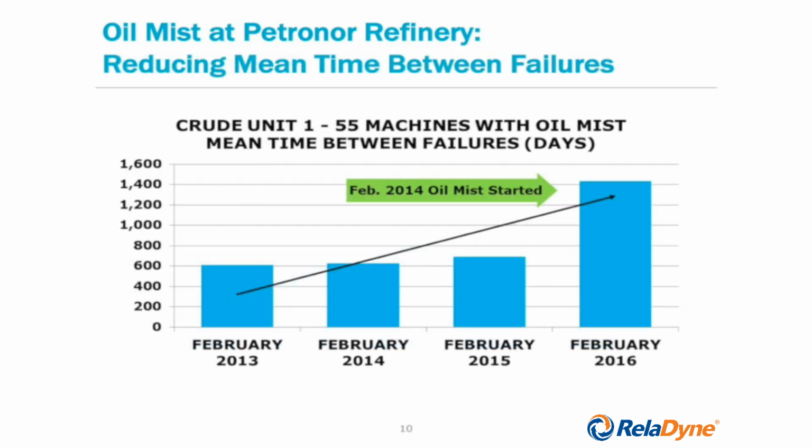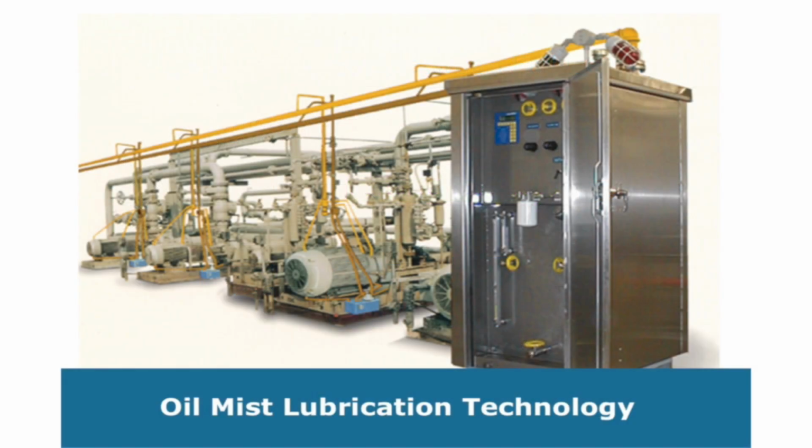graphs. There's a crude unit that has 55 machines that are operating on oil mist, and the mean time between failures in terms of days increased from roughly 400 in February of 2013 to February of the year 2016, where they reached 1,200 days. So that is a very substantial increase in terms of the life of the equipment. And if you project these numbers, you can certainly anticipate that 1,600 days between failures is achievable and has been achieved at other locations. Before we go much further, I'd like to just highlight what oil mist lubrication technology in